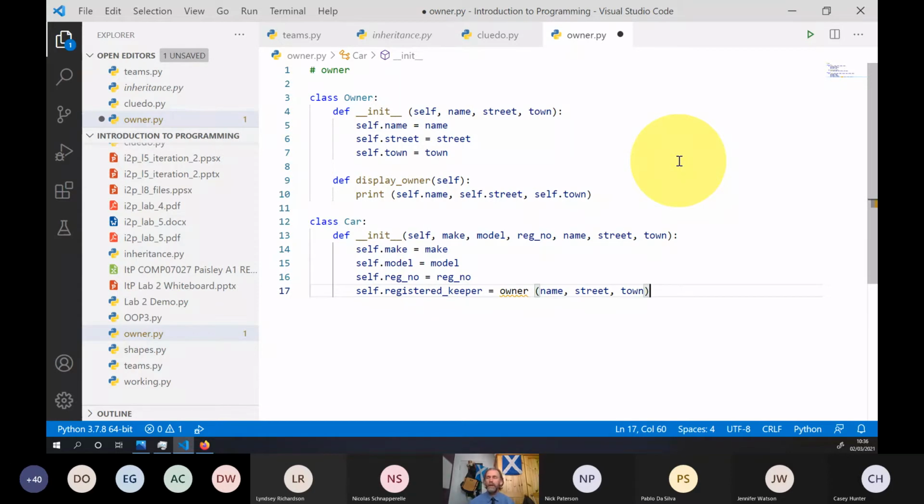Here, when we initialize our new instance of the car class with a new variable, it is automatically going to create a new instance of the owner class and assign that to the same variable. Except, of course, it won't, because as Roland rightly points out, I've missed out a capital letter.